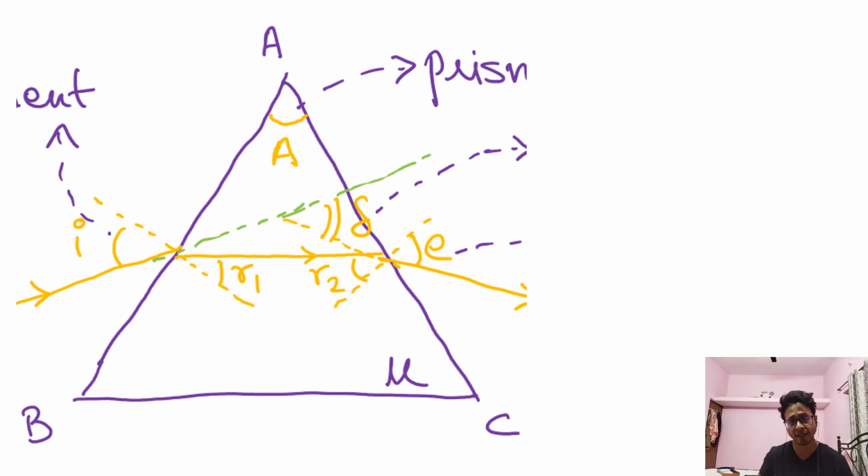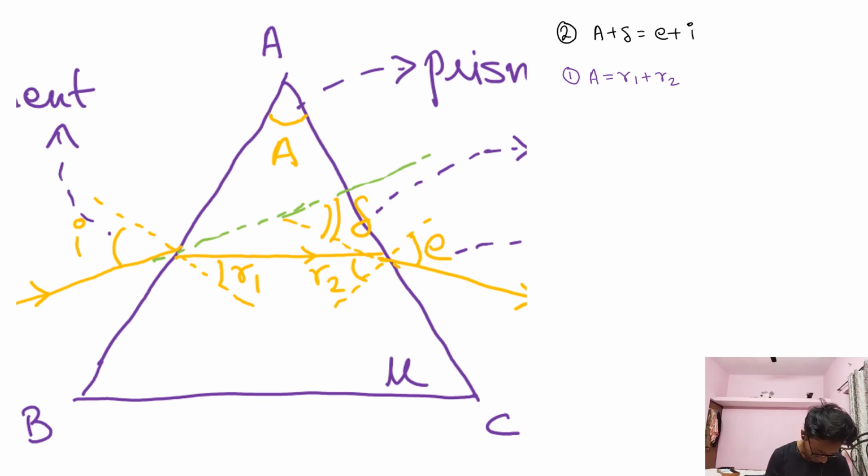Now in this slide we are going to prove the relation that we have just written down. Derivation of A plus D is equal to E plus I. To derive this relation, the first thing that we must know is A is equal to R1 plus R2, as derived in the previous slide. Now using that derivation,